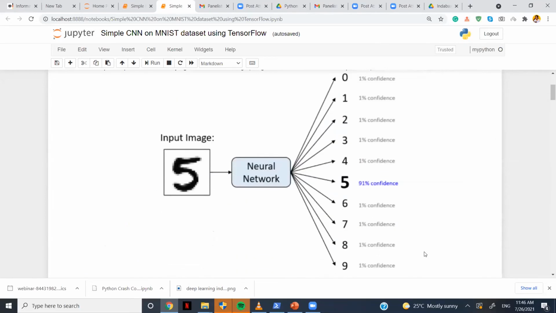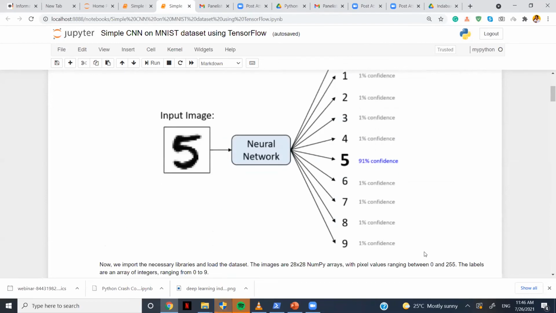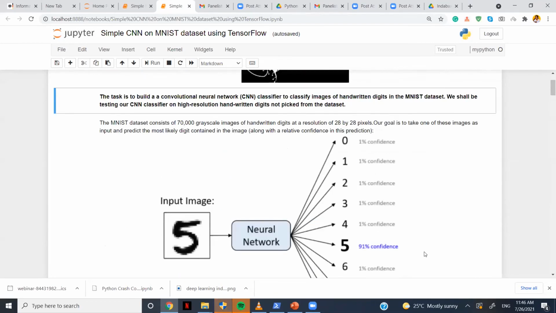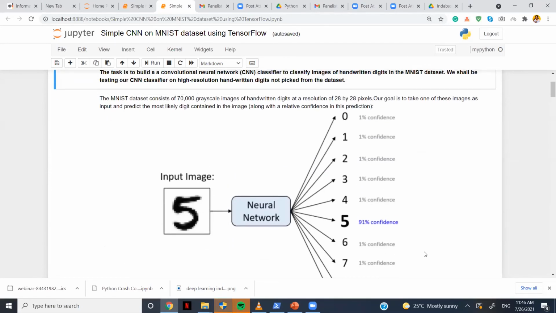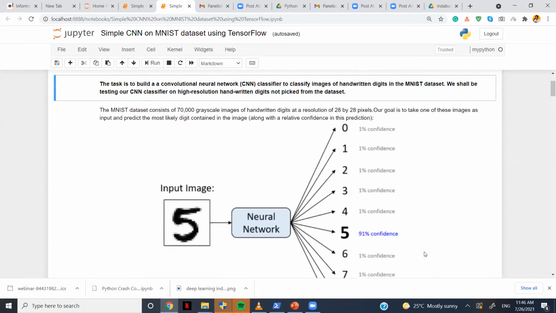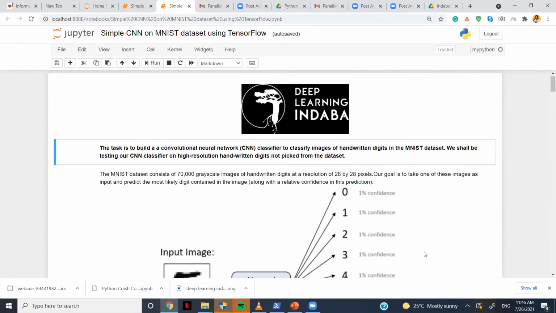I use the CNN here, a simple CNN, but he will give you more information about the pooling layers, the max pooling layers, the convolutional layers, and what they do. But I just wanted to show you because a CNN is also an example of a deep learning classifier. So here the task is to build a convolutional neural network classifier to classify images of handwritten digits of